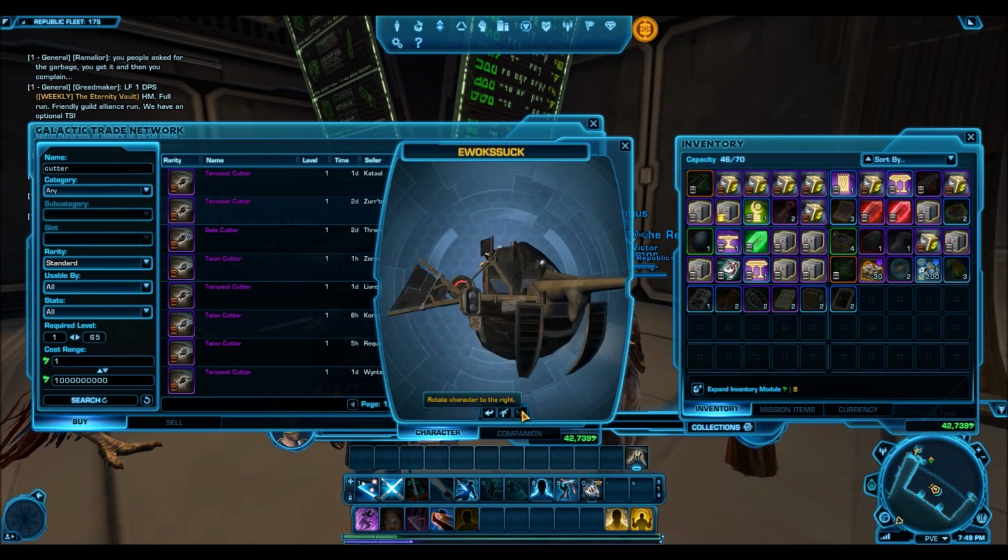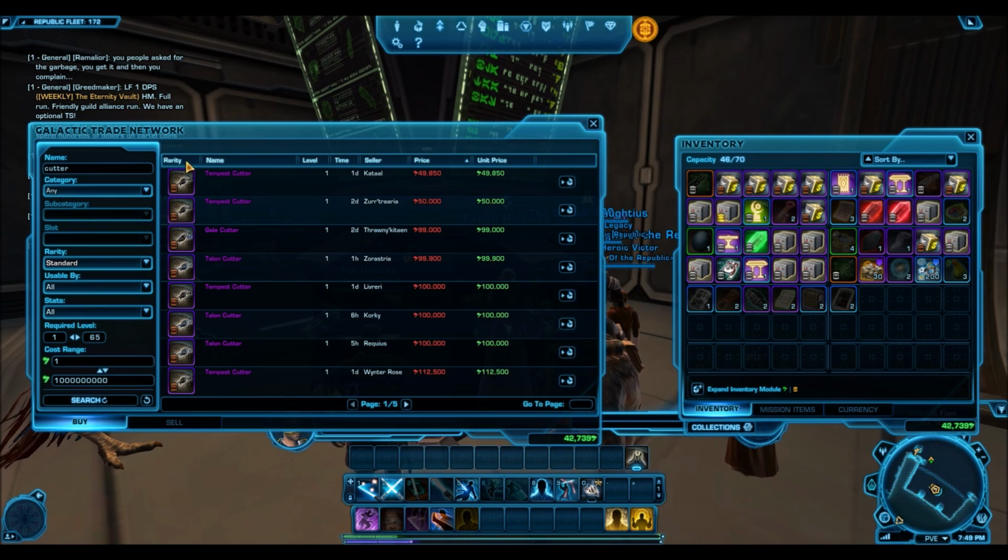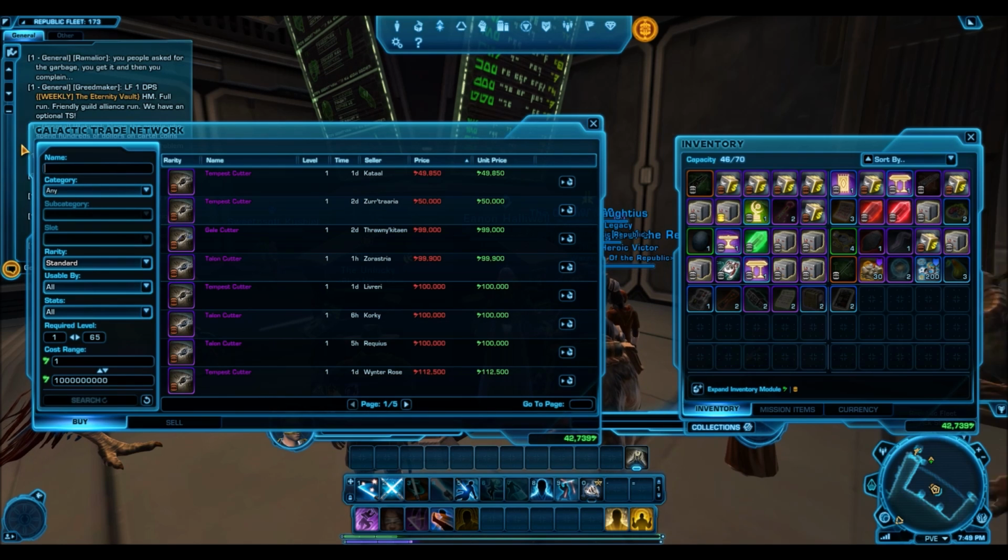These are what they all look like. And I always think that the front looks kind of like the hull of a ship. Okay, so the other one is the